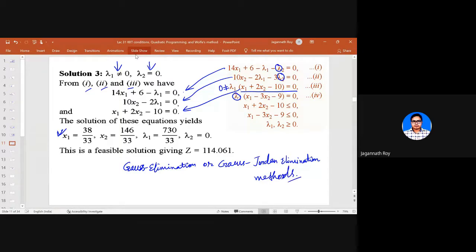Okay, so the solution becomes x1, x2, and this is lambda 1 and this is lambda 2. So we can get a feasible solution here. So all the variables are positive. In fact, if lambda 1 and lambda 2 become negative, then also we have a problem,